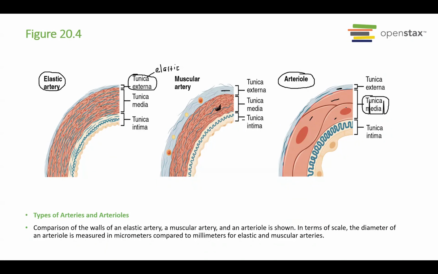So this smooth muscle is a lot bigger or thicker compared to this tunica externa. They don't really require this to be thick. And this is the tunica intima, which is the endothelium or epithelial tissue. So these are the three different structures of artery, whether elastic, the medium size, or the arterioles, which is the